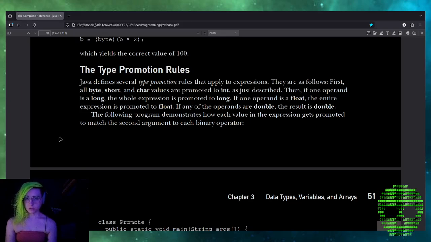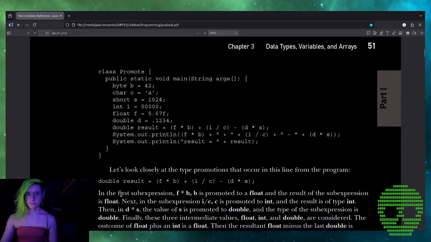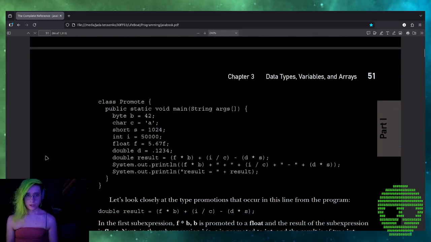The following program demonstrates how each value in the expression gets promoted to match the second argument to each binary operator. class Promote { public static void main(String args[]) { byte b = 42; char c = 'a'; short s = 1024; int i = 50000; float f = 5.67f; double d = .1234;